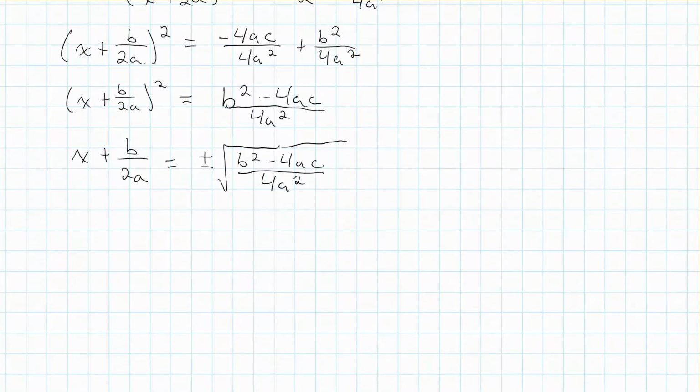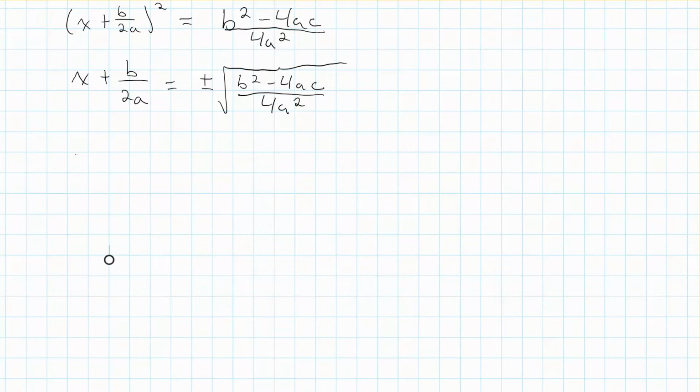We're actually almost done. x plus b over 2a. Now, notice though this denominator I can take the square root of. The square root of 4 is 2, and the square root of a squared is just a. So we actually have on the right-hand side now plus or minus the square root of b squared minus 4ac